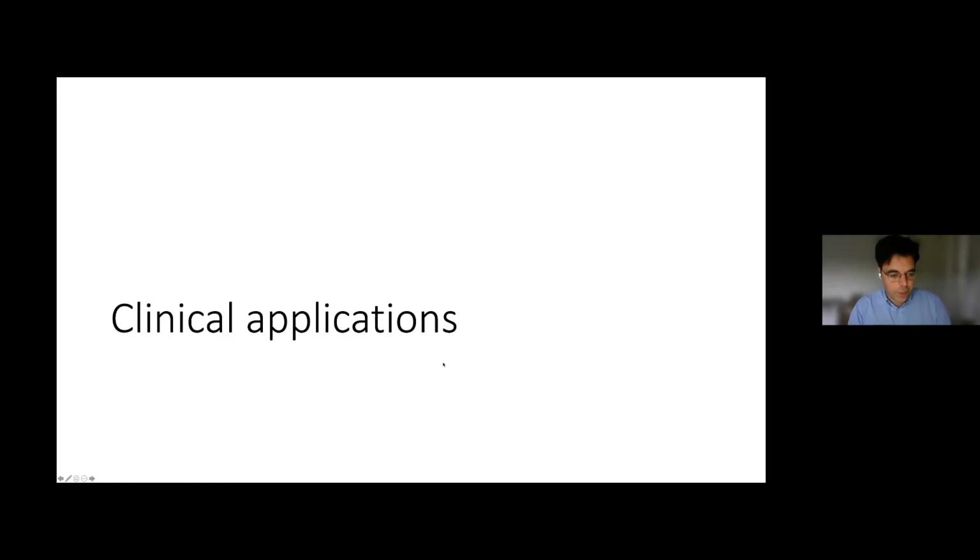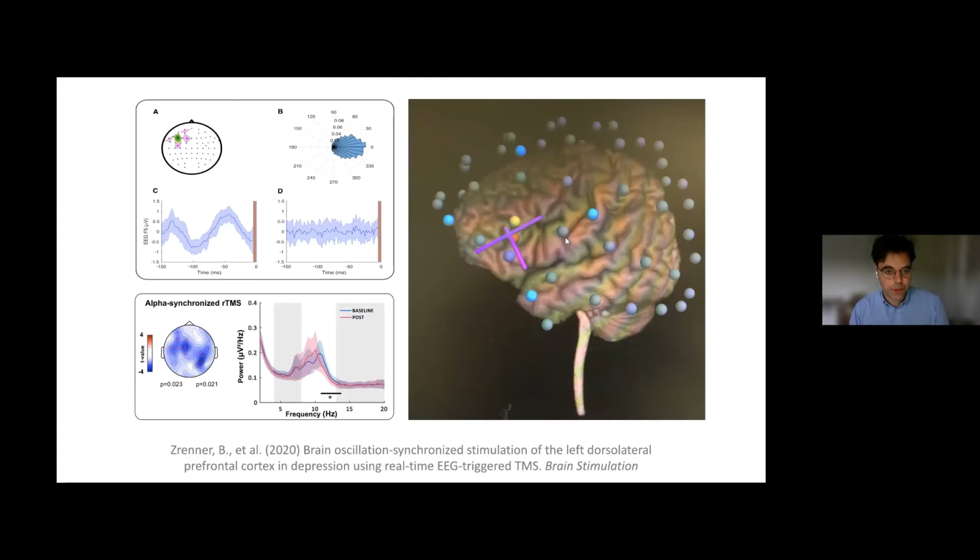Now, what are the possible clinical applications? The easiest is to think about where TMS is used today. So neuropsychiatric disorders, stroke and depression being the main ones. And at the University Hospital in Tübingen, we looked at applying this method of EEG-triggered TMS in both of these conditions. This was a study